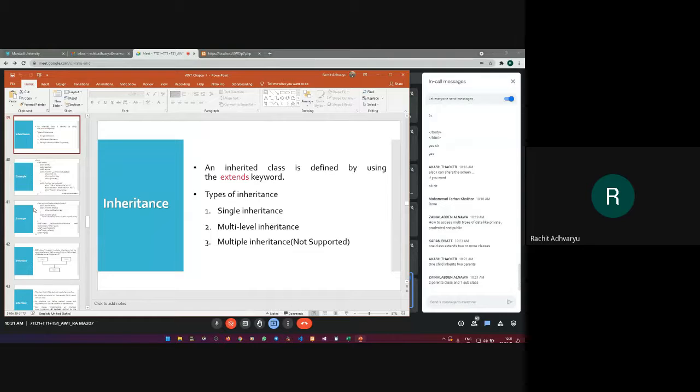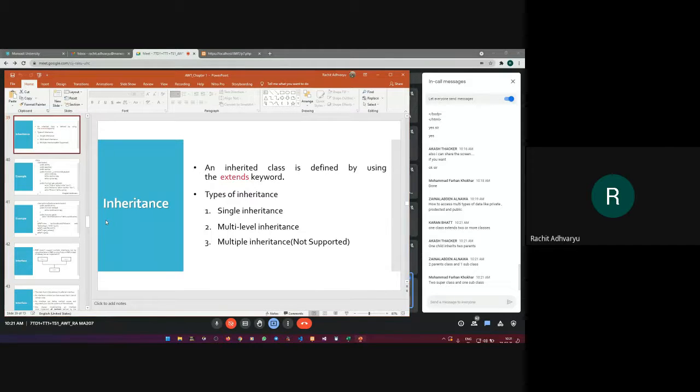Yeah, is it right? Right. What is multiple inheritance? Right. So multiple inheritance could be in two different ways. The first way is one child class inheriting two parent classes. And the second type of multiple inheritance could be one single parent class being inherited by two different child classes. I'm just showing you the example also for that.